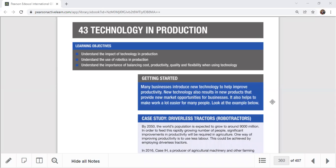Chapter 43, technology in production. Under production management, technology is really important, as we know already, to increase the productivity of the organization. One thing we can do is improve productivity by improving the technology, because technology comes under the method of increasing capital productivity, right? Capital productivity can be improved by getting more tech, and even labor productivity can also